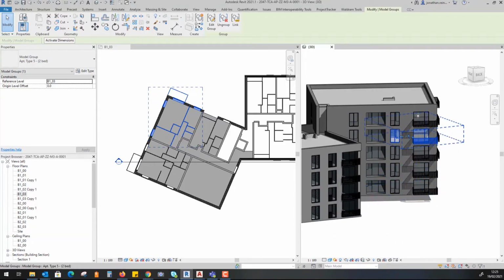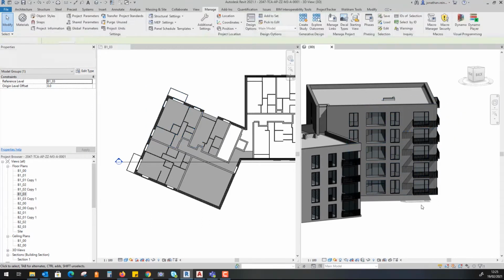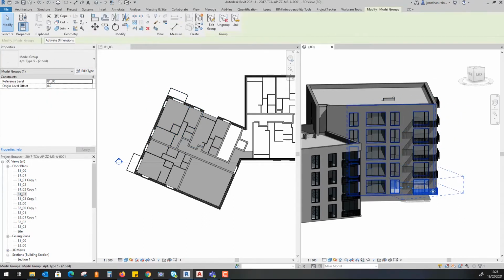From the ground floor up to the top floor here, all of these apartments have identical layouts. So what we've done is created a group of the ground floor apartment layout. You can see here when I click on it, it selects it as a group, all of the elements. And I can edit that group if I wish. So what I'm going to do is show you how to create a group and then duplicate that up to